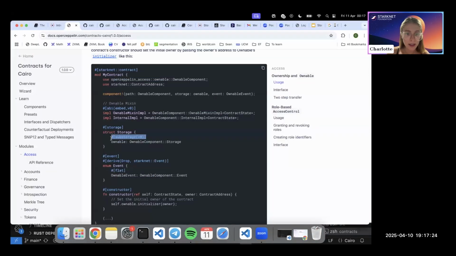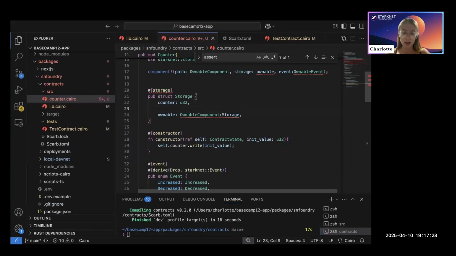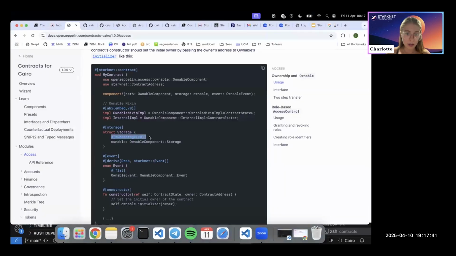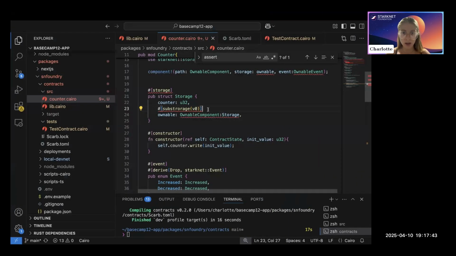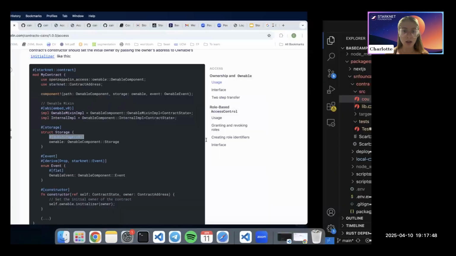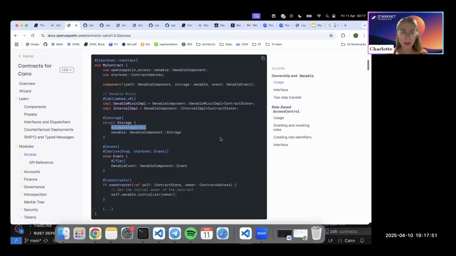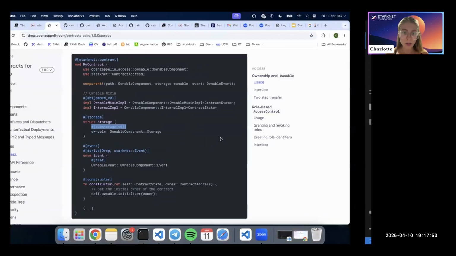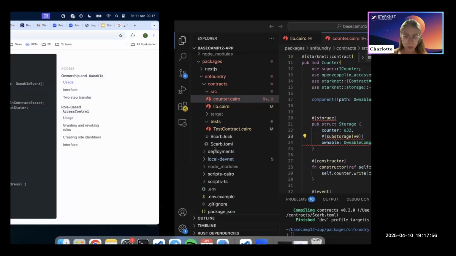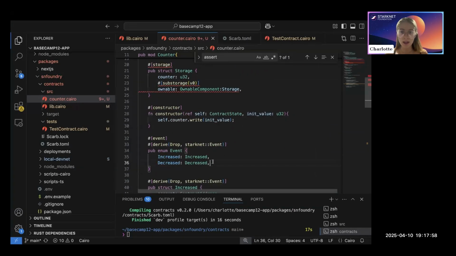Okay. I also need to add this attribute. It's an attribute that tells the compiler that it's the storage of the components. Okay, and then